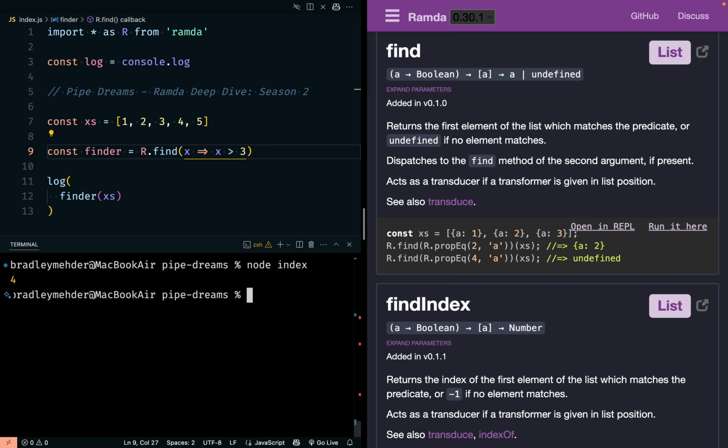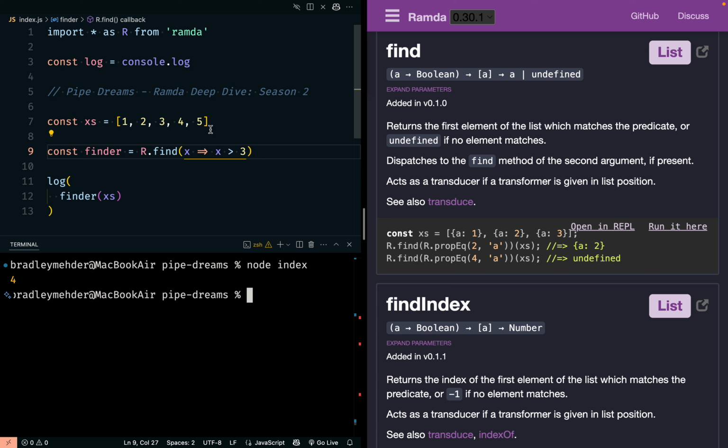There we go. We got the number four because the number four is indeed greater than three, but it's the first one, right? So I'm assuming that this would make sense where once it finds the first value, it stops iterating through the list, right? Because if we had a list of like a million numbers and we were trying to find the first number over three, it would be a waste to go all the way through. I don't know if JavaScript does that too, but I'm going to hope that somebody made some sense of this and made a reasonable decision to do this.